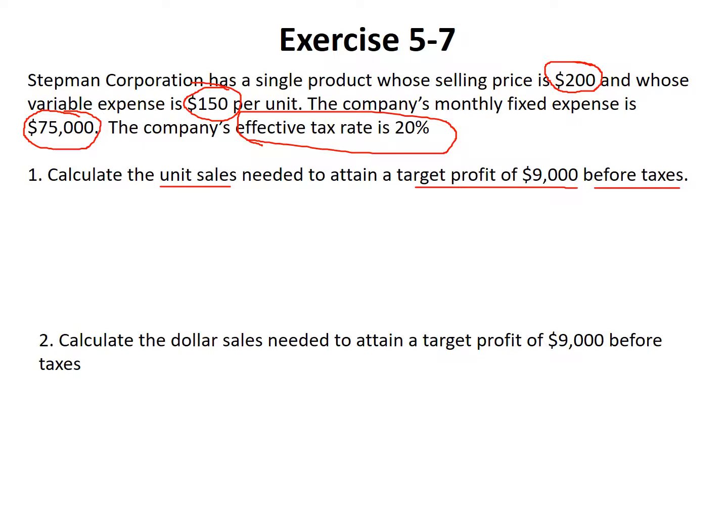The first thing we want to do when we calculate unit sales is we want to calculate the contribution margin per unit. That's assumed